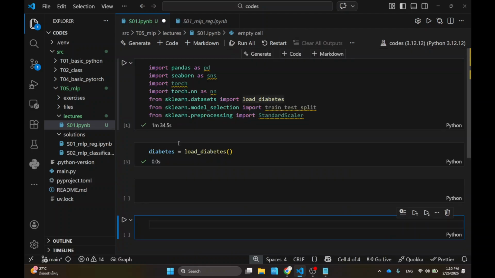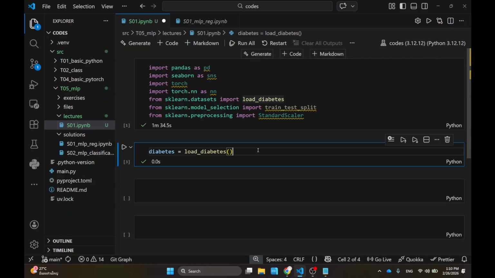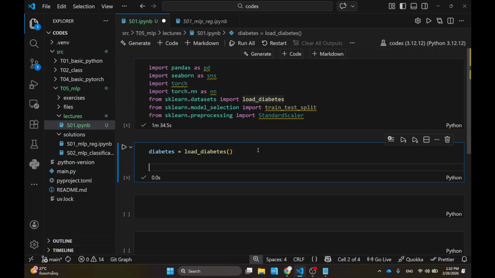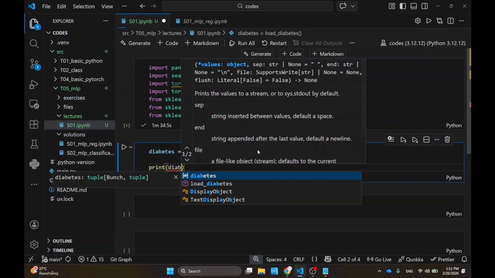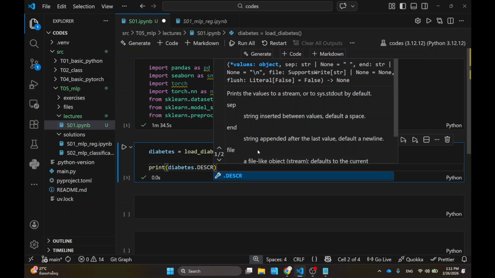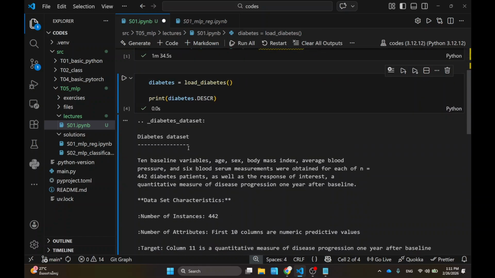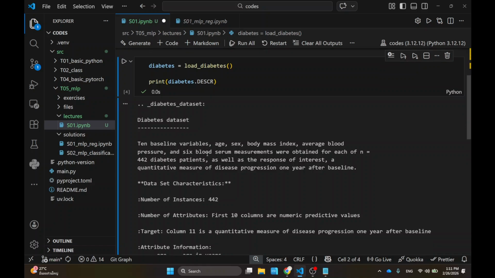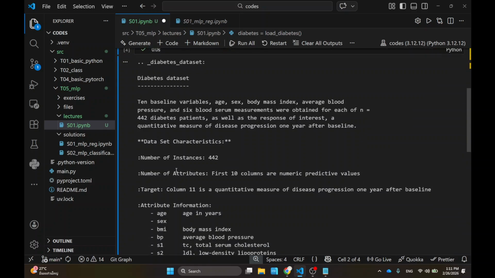And the first thing that I can do, because I already know the shape of my data, is I can print diabetes.DESCR, okay? And all of this, again, is not standard or anything. You just have to look it up in the documentation of what's available, okay? So this one allows me to print the description of what the data is. So you can kind of go through it. It's a diabetes data set, okay? And it has the features, or X variables, as follows. And also the Y variable is called the